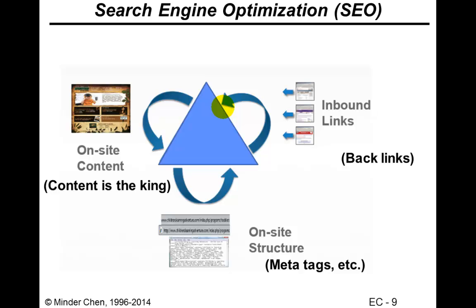Let's look a little bit at search engine optimization, how you can optimize your website to improve your page ranking. Google calls it page rank. First, content is king. Make sure you have good and attractive content, and because of that, a lot of people would link to your website. That's called inbound links. Google counts and weighs those inbound links to determine your page rank. Sometimes this is referred to as a backlink.